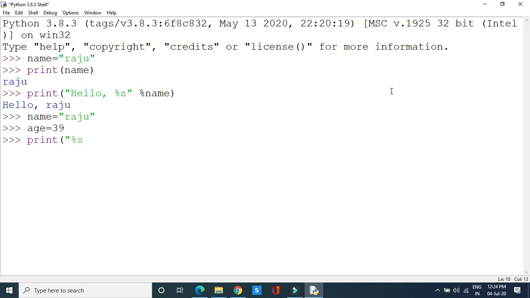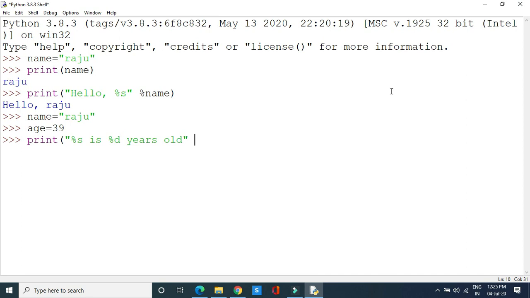Percent s, this represents the value Raju is. Here I want to display the age. Here the age is not a string, it is an integer. So instead of percent s, we have to go for percent d. Now percent s is percent d years old, right?